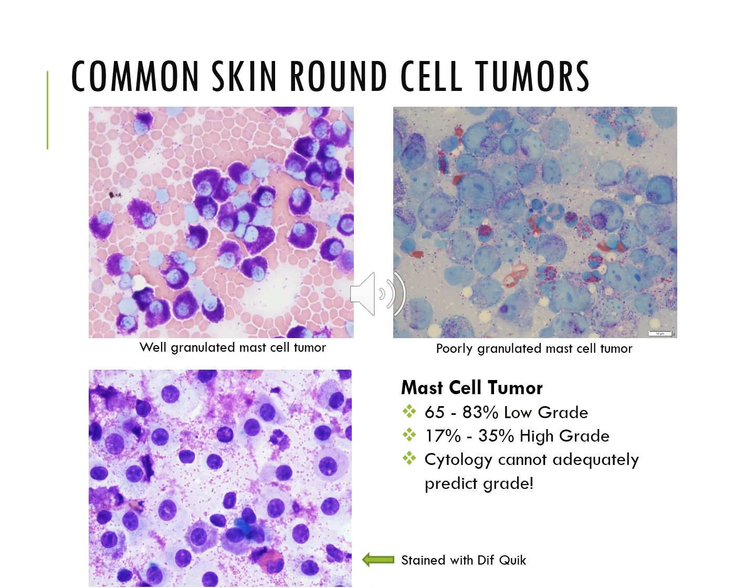So mast cell tumor time. So mast cell tumors are very common. We see them all the time on cytology, but they can look very different depending on the tumor and what's going on. And so this first image in the upper left-hand corner is an example of a well-granulated mast cell